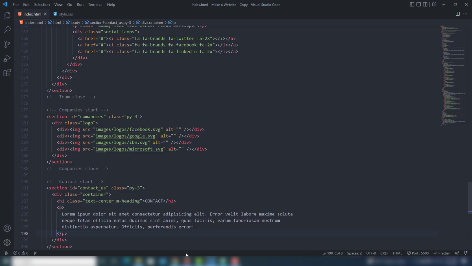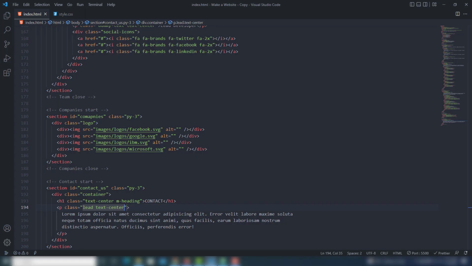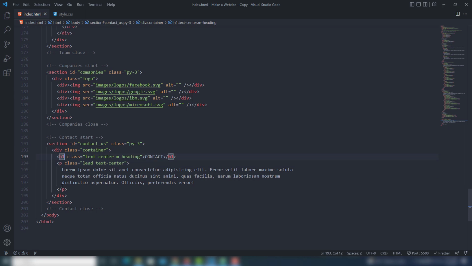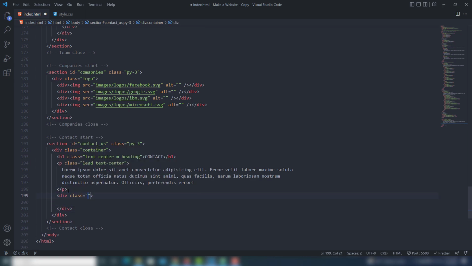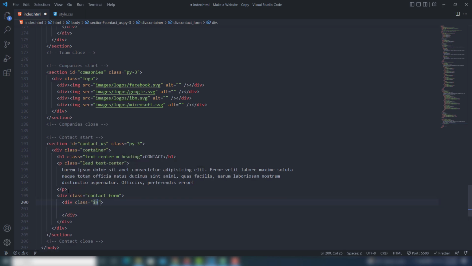Alright, so let's see, perfect. And also I'm going to add the class on this one section, lead, and text center. So perfect. The next thing is I will display the input fields, right? So this is a container. Inside the container I will write the div, assign the class contact form, and inside there I'm going to create a div, assign the class input fields,